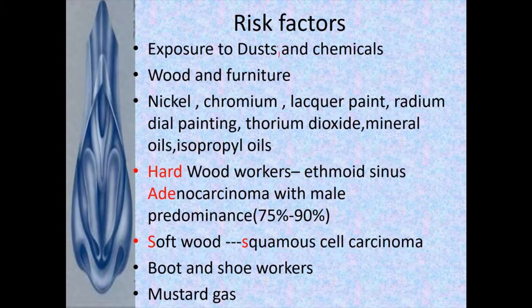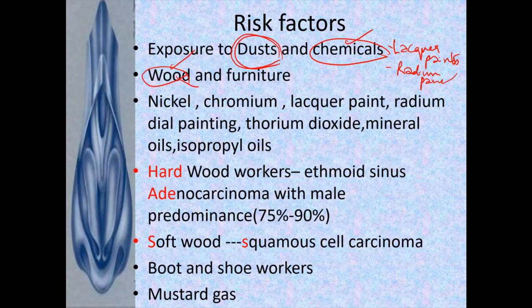Risk factors are exposure to dusts and chemicals, especially lacquer paints and radium paints. All those things are more common. And wooden furniture, hardwood and softwood. Hardwood is leading to adenocarcinoma and softwood is leading to squamous cell carcinoma. You should keep it in mind. So nickel, chromium, lacquer paints, radium paints, thorium dioxide, mineral oils, isopropyl oils, all these are leading to cancers